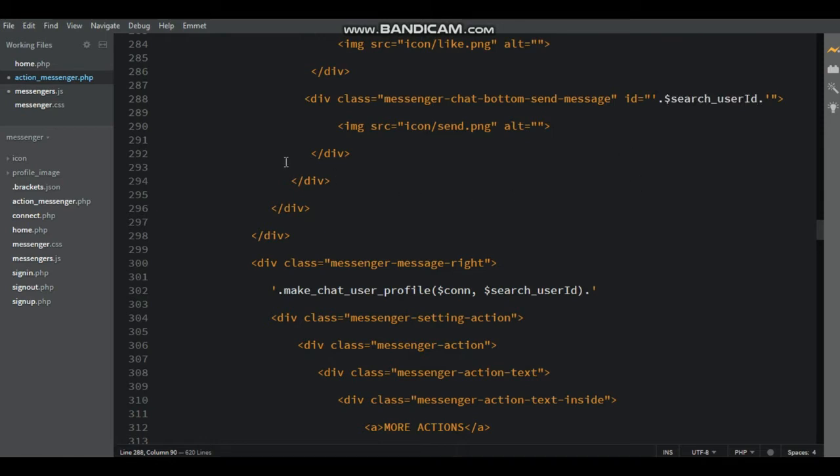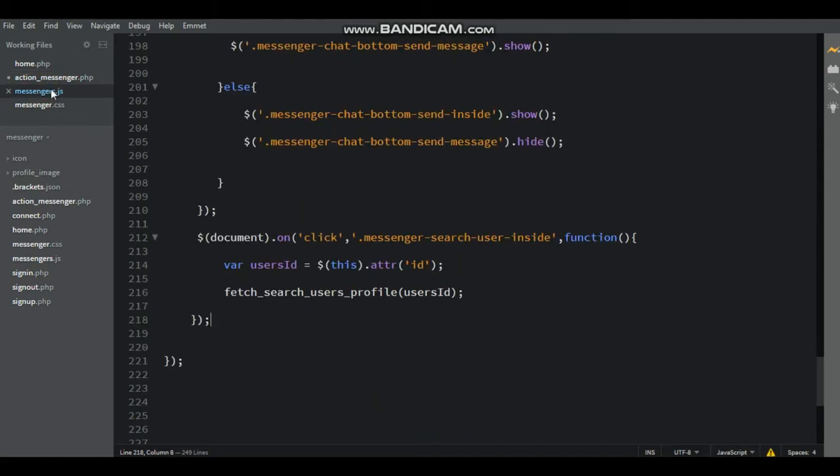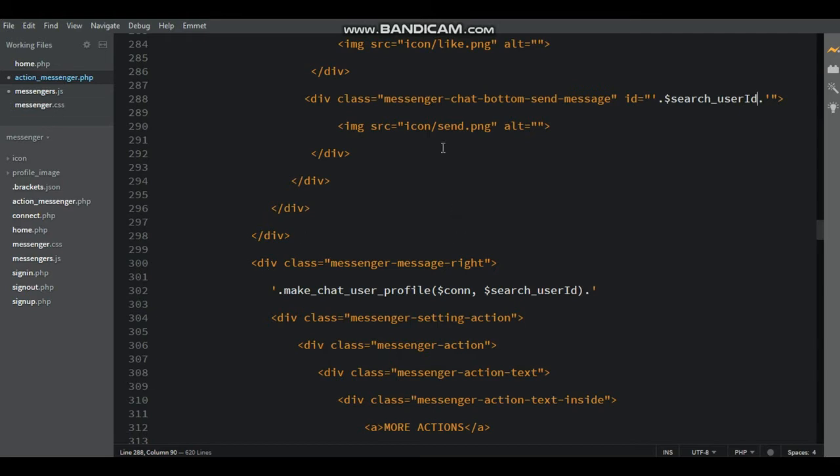And then here messenger chat bottom send messages, click. Just copy the class name messenger chat bottom send messages and then paste it.